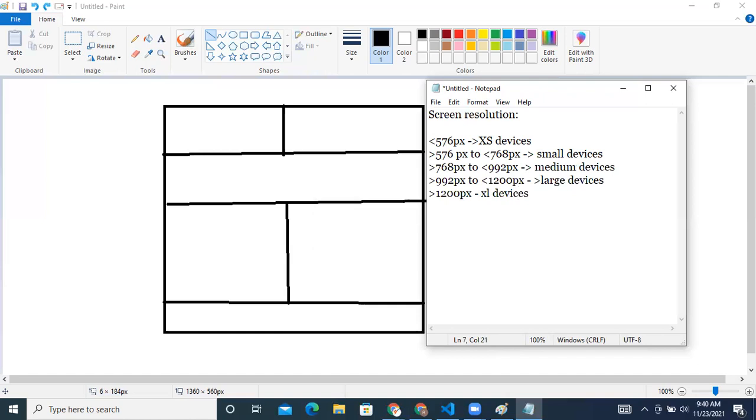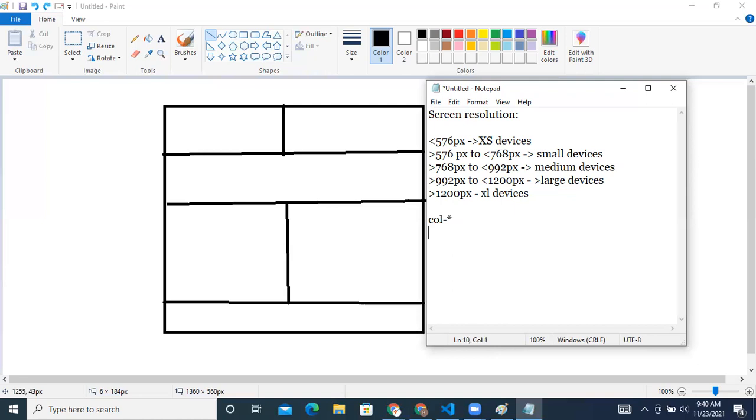Okay, so this is how the screen resolutions are divided, and based on this screen resolution, you have to give the class name. For example, see, always the columns, how it is divided is column hyphen star. So here you need to give how many column width that you want. Here I'm not specifying any device name.